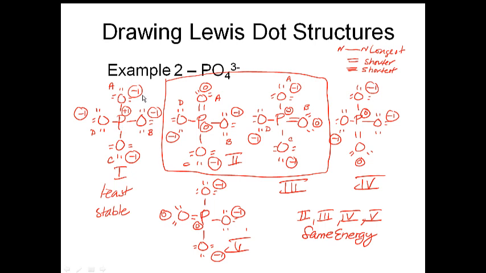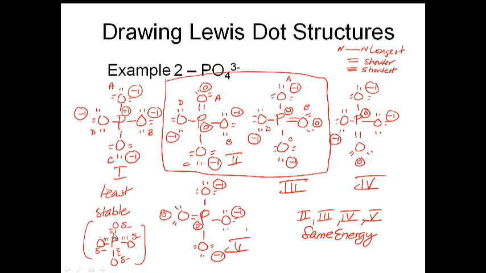Okay. And if we were to write the resonance hybrid of numbers 2, 3, 4, and 5, could you do that? Its resonance hybrid of just 2, 3, 4, and 5 would look like this, right? You would have a partial double bond to all 4 oxygens and delta minus charges on all 4 of those oxygens. Okay, so